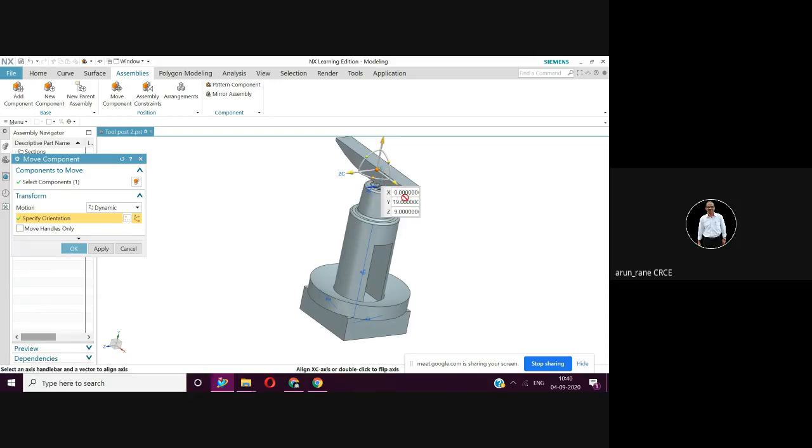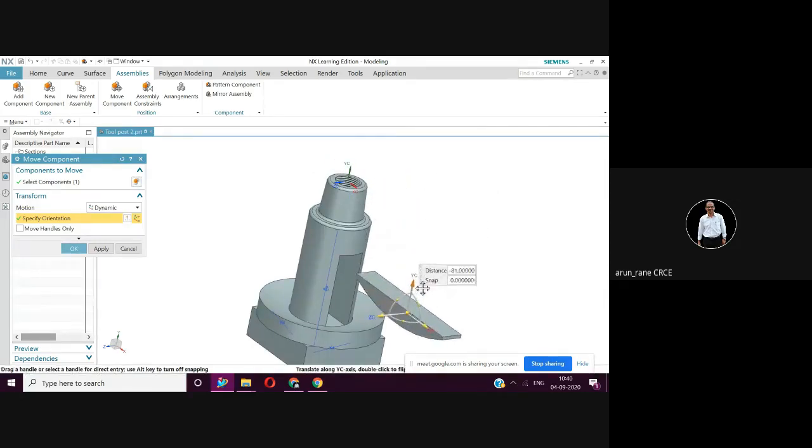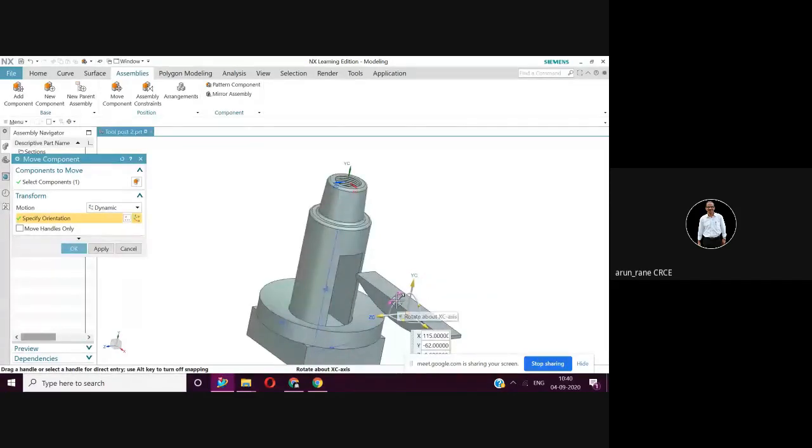We'll pull it a little like this. Where is that? Yeah, we'll move it down a little. Okay, and we will try to bring it as near as possible.